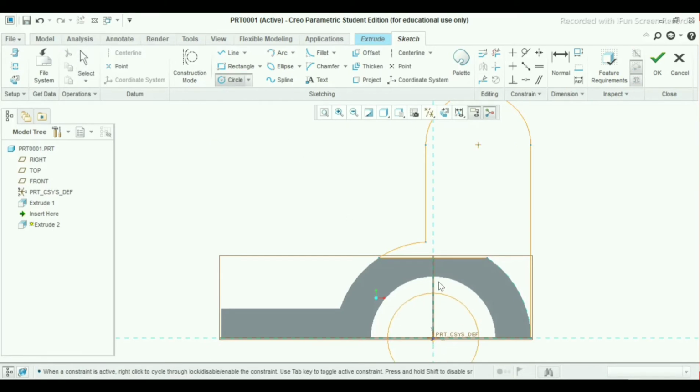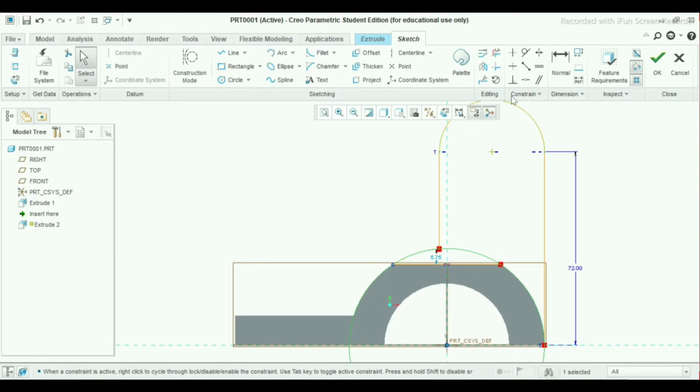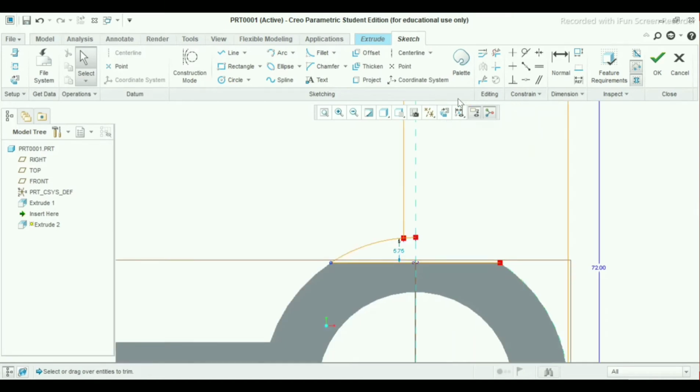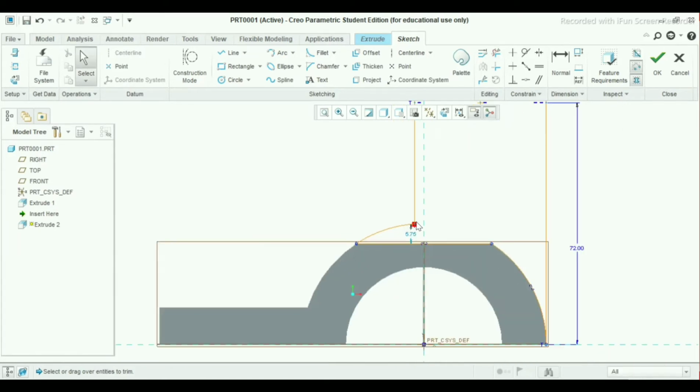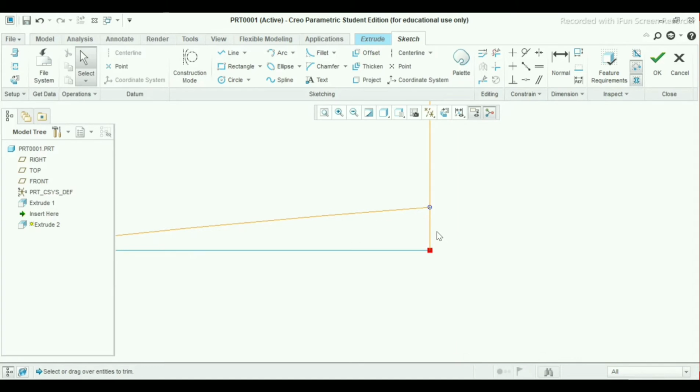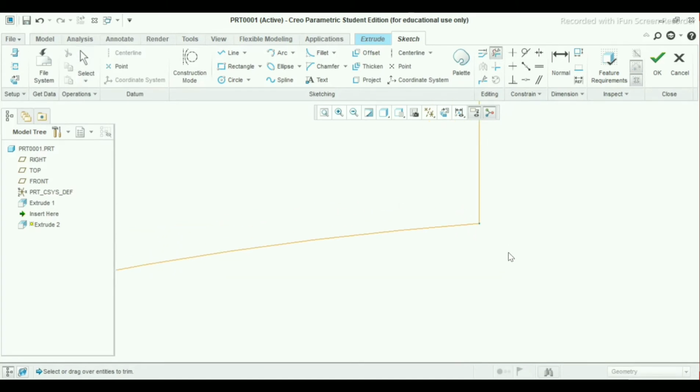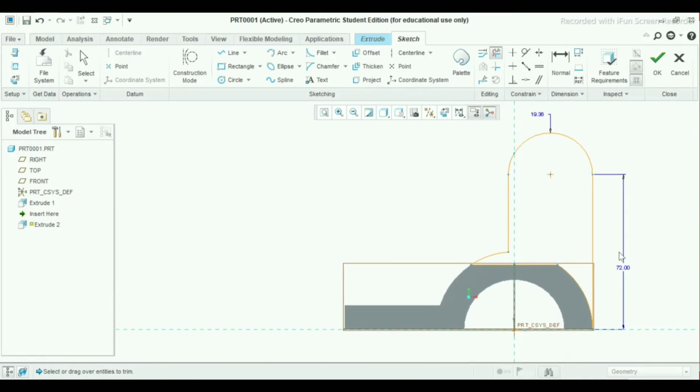Again take circle here. One extra line is also there, we don't want it. Make sure your sketch is closed completely.